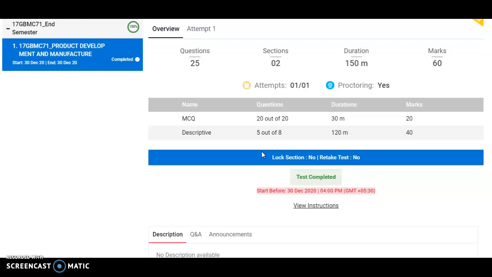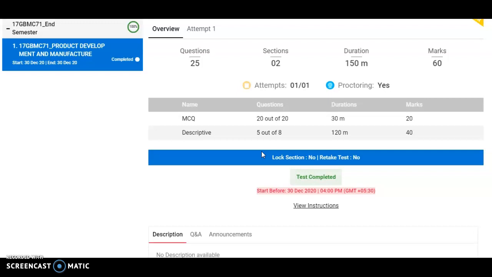Okay, there are 2 options for the descriptive questions. You can type the answer in the description box, or otherwise you have to write the answers on a sheet. Then you have to upload that answer in an image format. In order to avoid confusion, you first write the register number, then put the page number 1, 2, 3, 4. So based on the page number order, you just upload your answers.